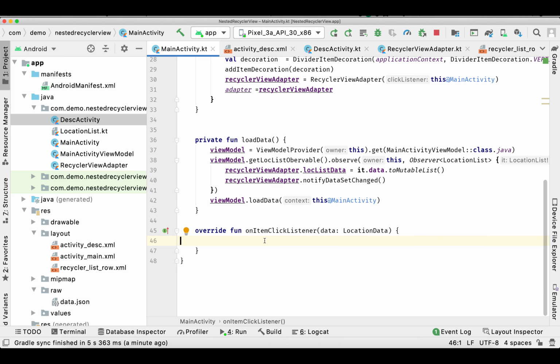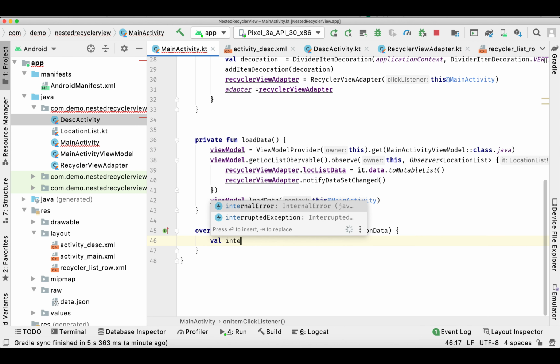In the on item click listener, we'll create an intent.